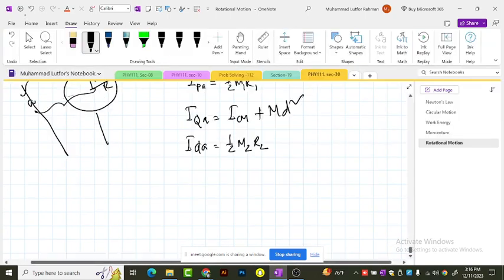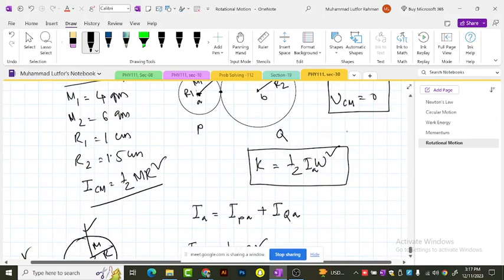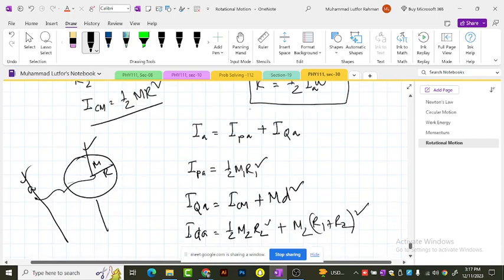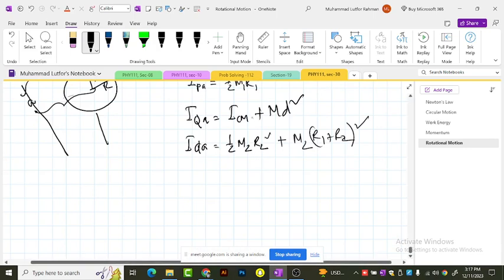Plus that mass is m2, and the distance d from here to here should be simply r1 plus r2 squared. You can see from this picture that we have to find the distance from here to here, because this Q is moving around this point, which is simply the radius of these two disks, r1 plus r2. So that should be the total moment of inertia: I_PA plus I_QA. If you plug in the parameters, then the total moment of inertia for this system is going to be